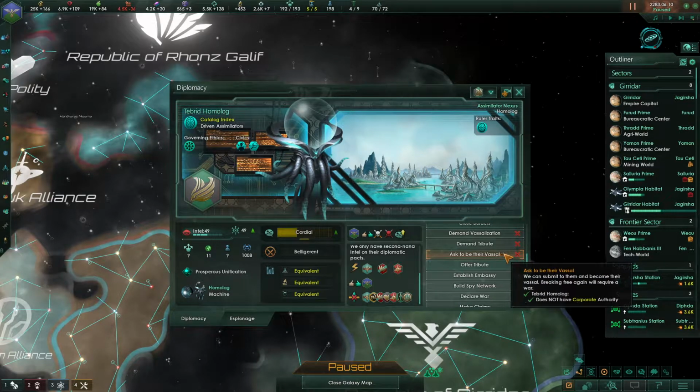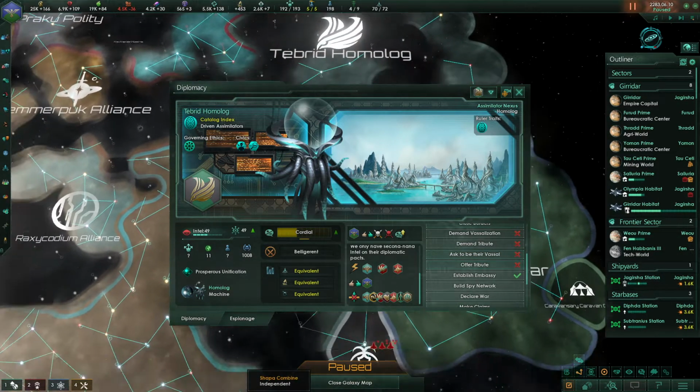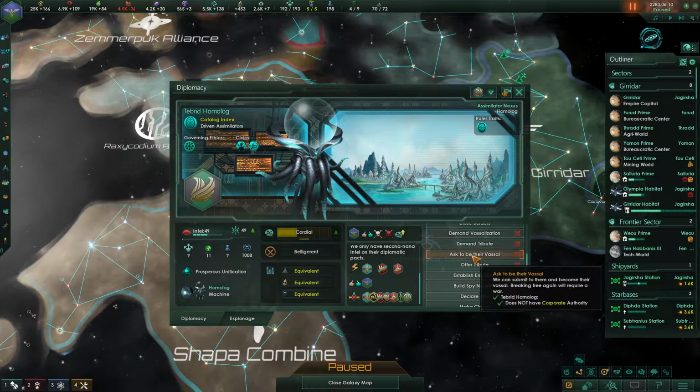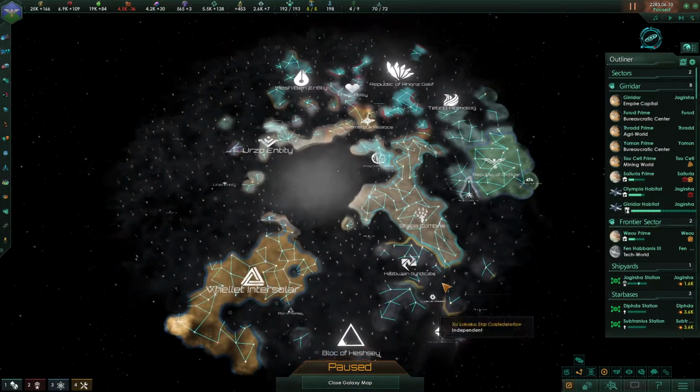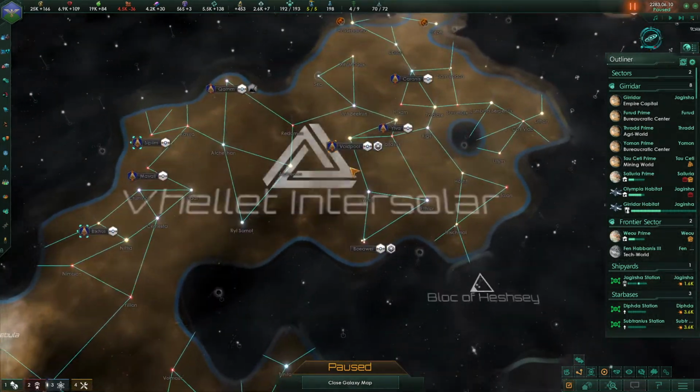Asking to be their vassal is quite interesting, though. This might be one of the few Paradox games you can actually join an empire and then break free later. Be aware, though, once you join the empire, if they get good relations with you, they can assimilate you given time. At which point you'll lose the game. So be very wary of doing it. But if you've got a massive empire right next to you, let's say these guys sitting right on my border,